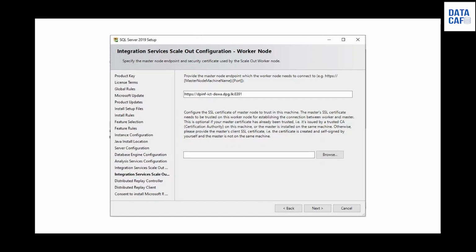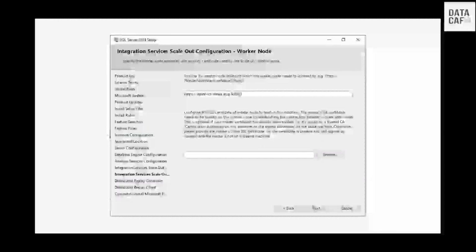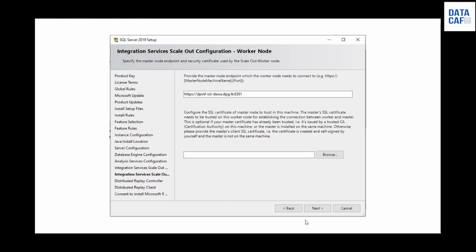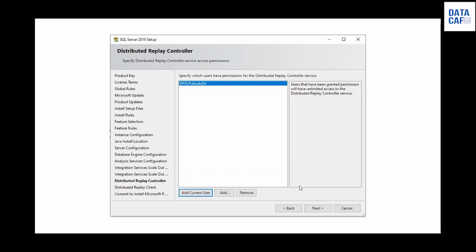Then it will display the integration service scale out configuration worker node. If you want, you can give the worker node information in this window. I'm not going to give any information here, keep the default. Then click on the next button, and it will display the distributed replay controller. For this I add my current user.